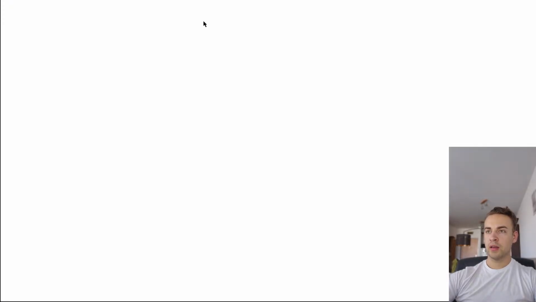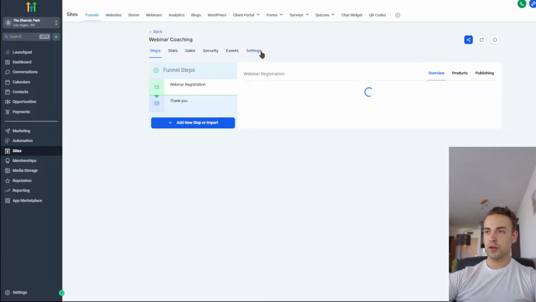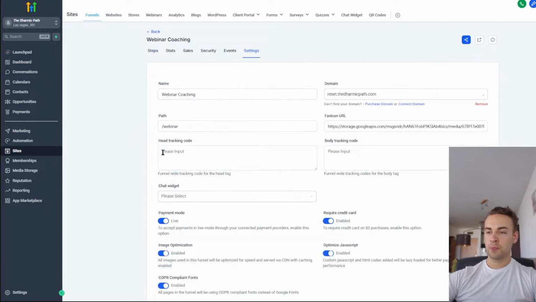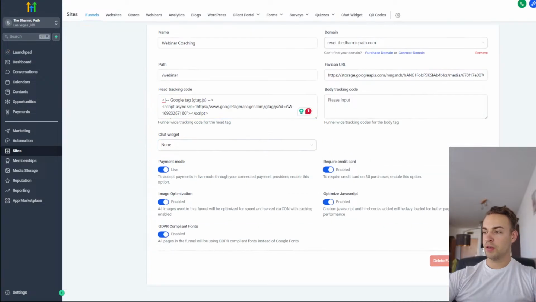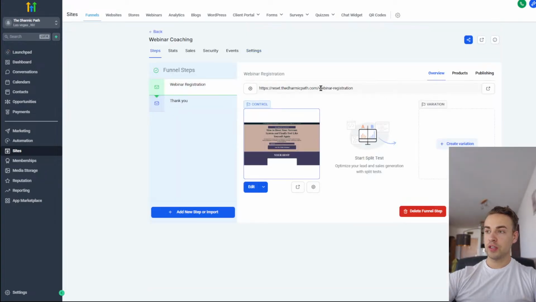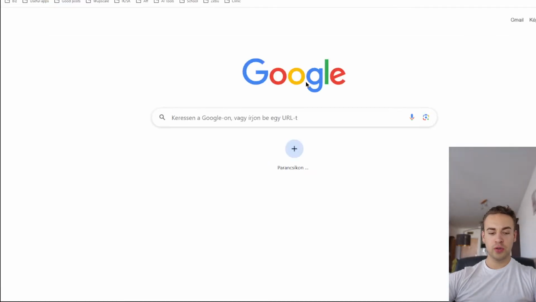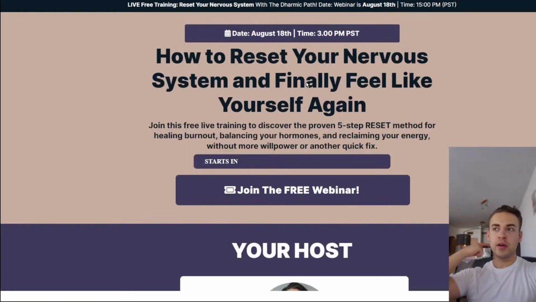Go back, and we need to stay inside the funnel and go to settings. And this is a tracking code, so it has to be inside the head tracking code. Let's just paste it, and here's the Google tag. First, make sure to save it. And then you can also make sure it's working by just opening a new tab, pasting the URL, and then